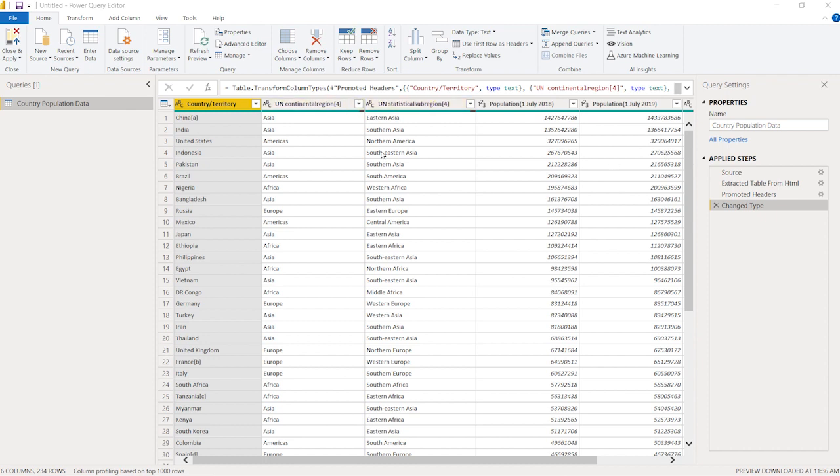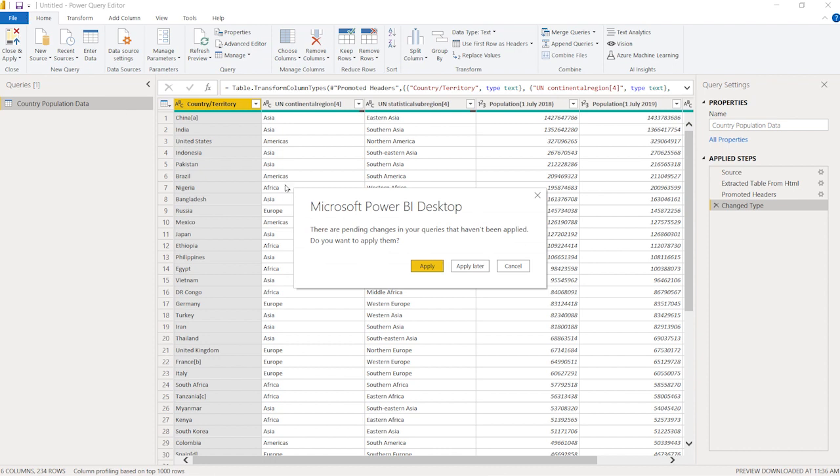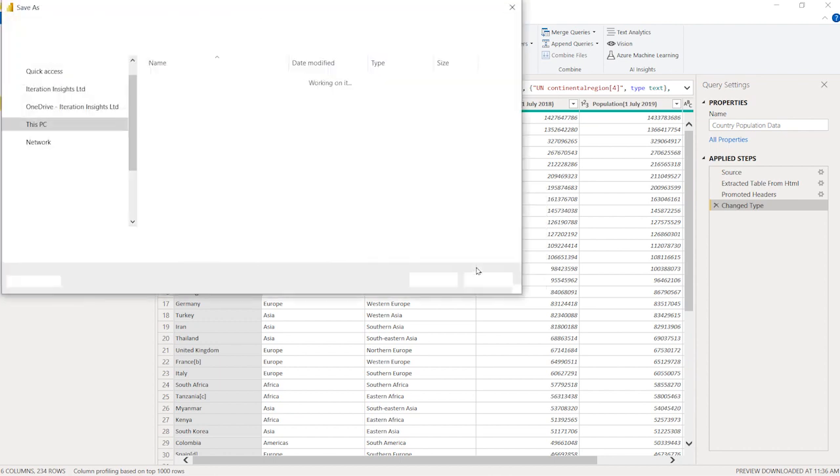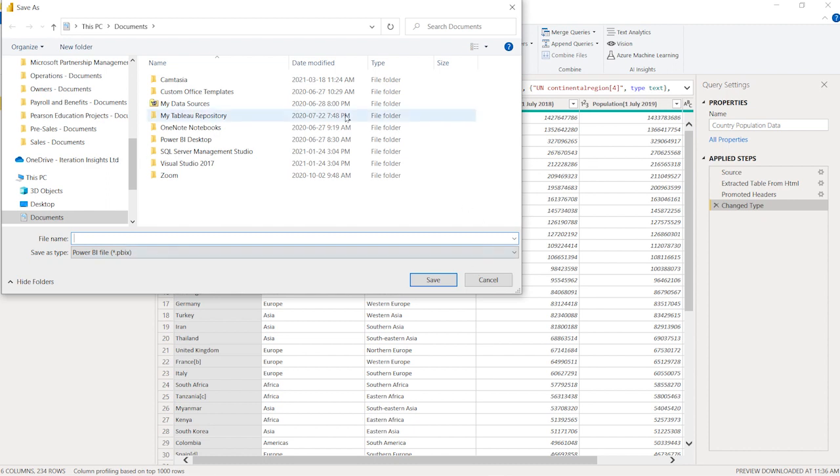Okay, so the last thing we're going to do here is save our work. So I'm going to go to the top of the screen here, hit the save icon. Now I'm prompted with a dialog box saying there are pending changes in your queries that haven't been applied, and that means applied into the data model. Do you want to apply them? What I'm going to do here is click Apply Later, which means we're going to apply all these transformational steps to the data model